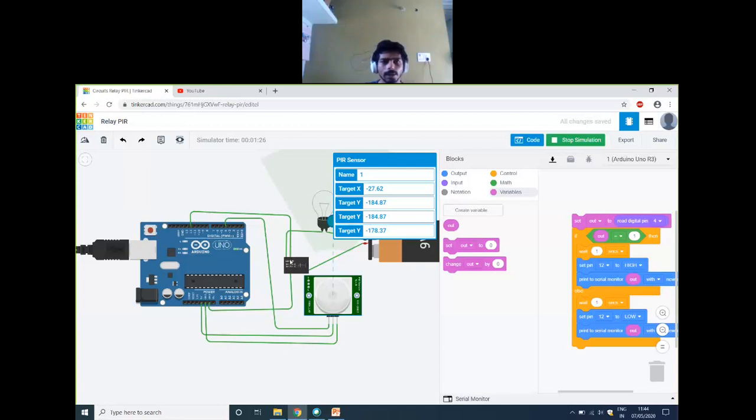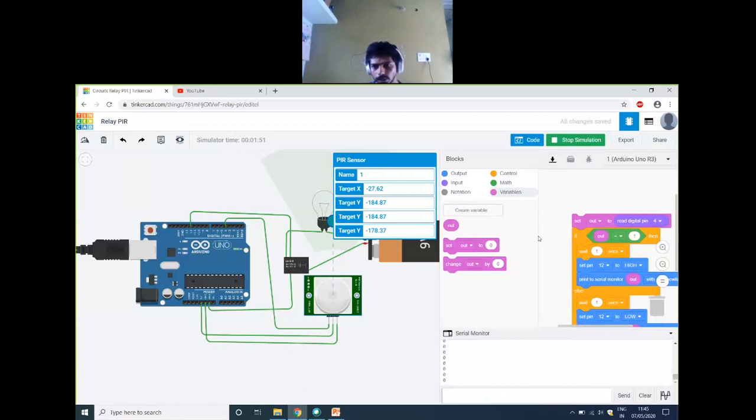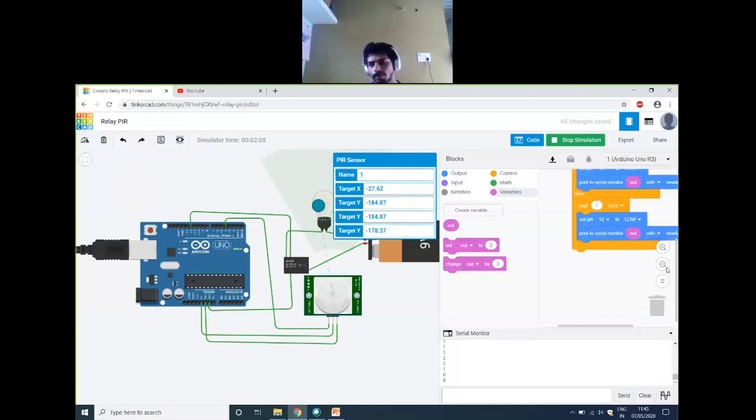So digital pin 12 is now connected to the relay, right? This terminal 5 will become logic 1 whenever the out variable, the output from the PIR sensor, becomes 1. As this becomes 1, the bulb will be in the on condition using the relay, and I will print the output. If you observe, I'm printing the output. See, the logic is 1 now. Once the logic is 0, automatically the bulb will be switched off.